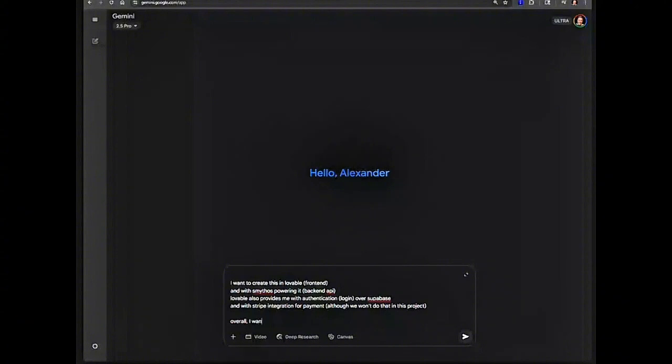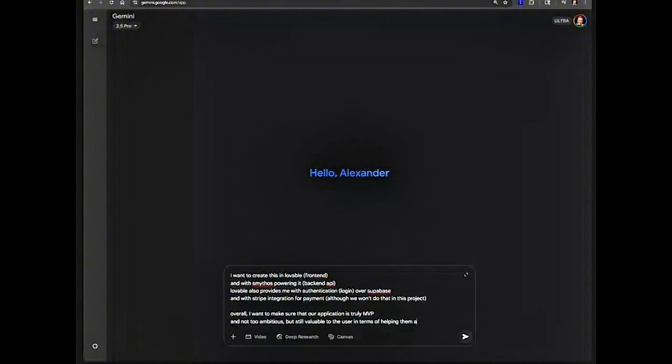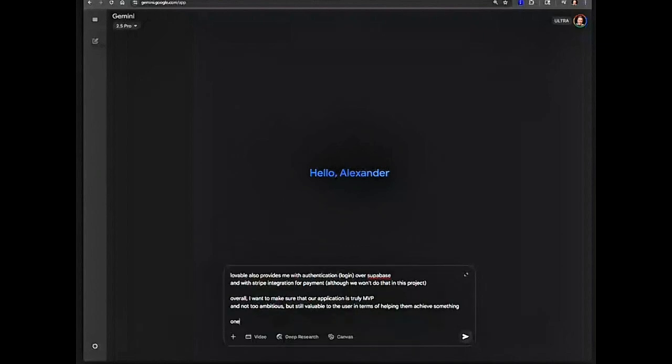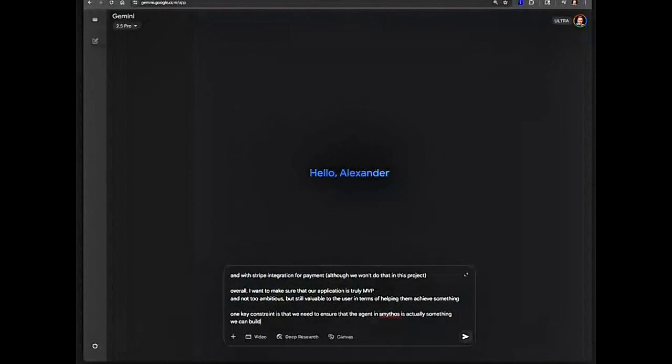Overall, I want to make sure that our application is truly MVP and not too ambitious, but still valuable to the user in terms of helping them be simple. One key constraint is that we need to ensure that the agent in SmythOS is actually something you can build. For example, by using